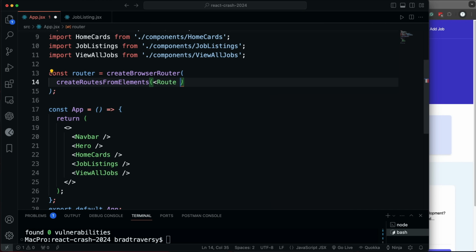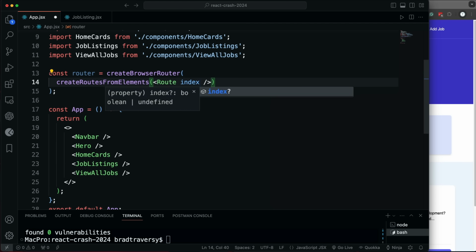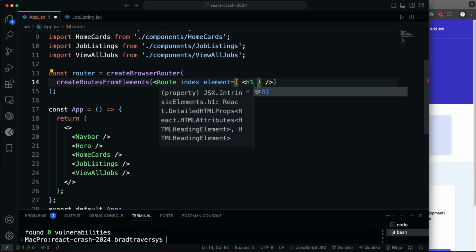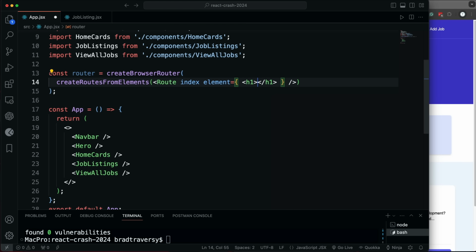So we're going to put in Route, and then you can put in a path here, but this is going to be for the home page. So we can actually just put in index, and then you can have an element represent that route. So for now, I'm just going to put in H1, because you can do anything just to show you. We'll just say my app. Okay, now this isn't going to do anything just yet because we haven't